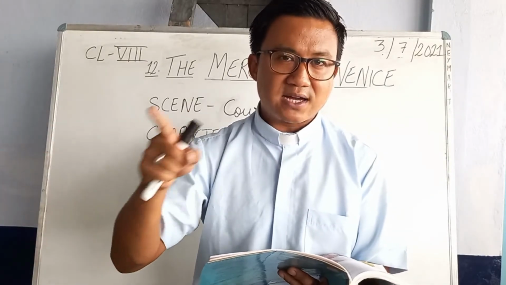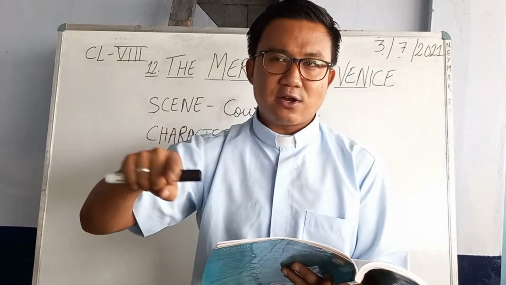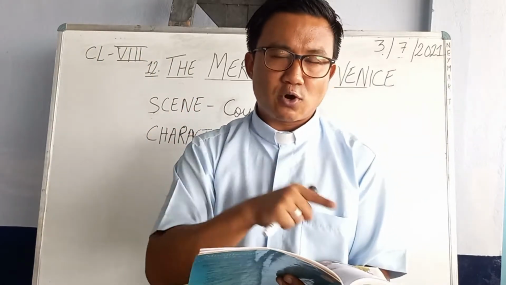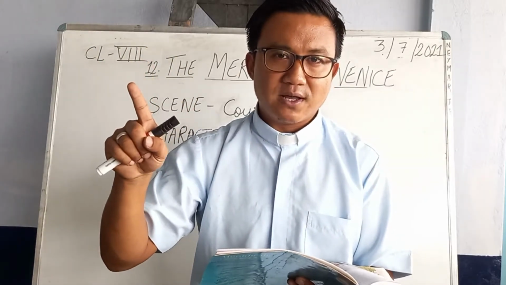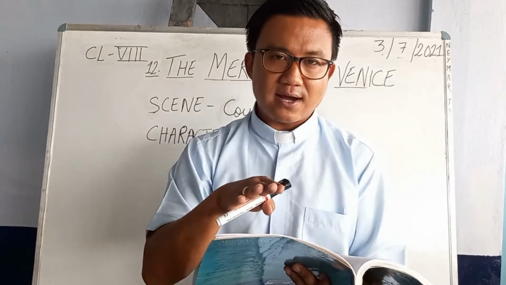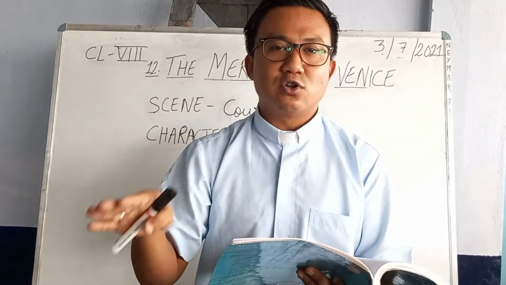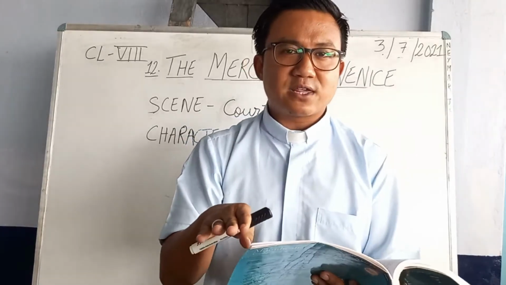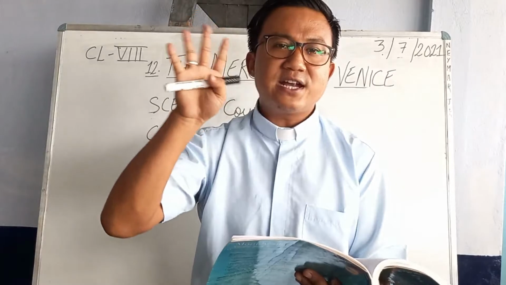Remember, I told you in the last class, Bassanio did not have enough money to marry Portia, because Portia is a rich woman. So for that, Antonio on behalf of Bassanio had borrowed 3,000 ducats, and now he is not able to pay. By this time Bassanio is well off, so he has money. Therefore he is ready to pay the debt 3 times, 10 times for his friend.